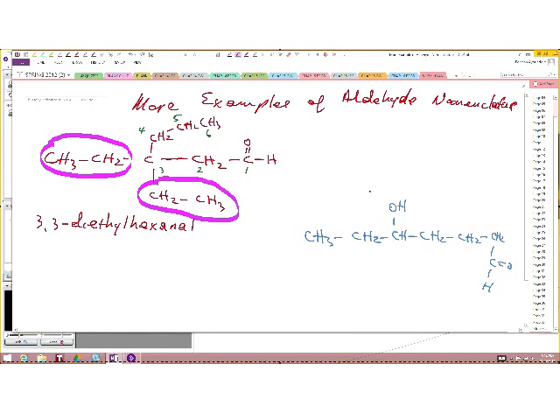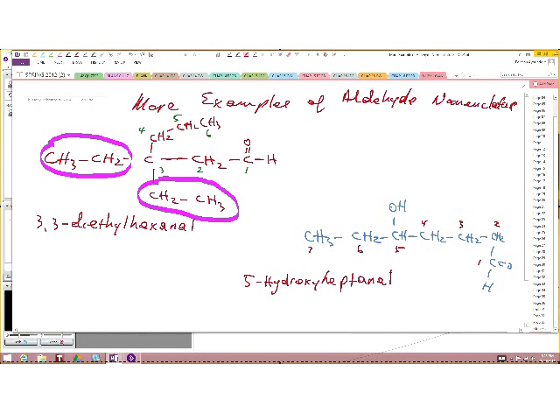So we have to name this as an aldehyde, and therefore we start numbering from the carbonyl carbon of the aldehyde, which will always be carbon number 1, 2, 3, 4, 5, 6, and 7. And in that case, the hydroxy group will be a substituent. So therefore, we are going to call this 5-hydroxy hepta